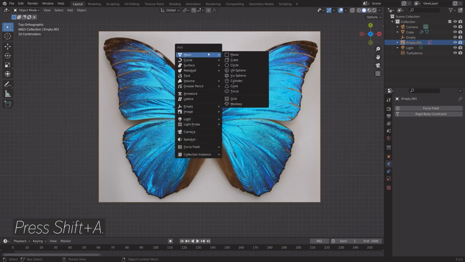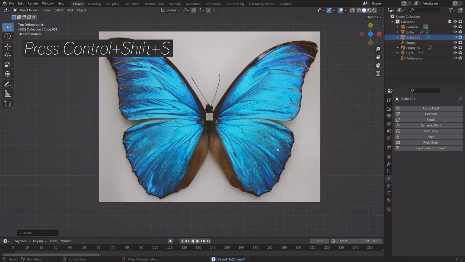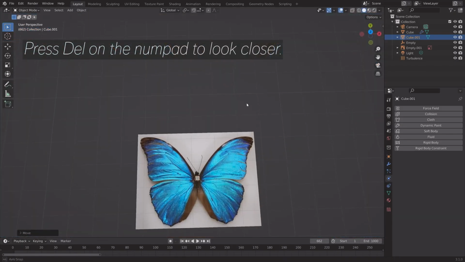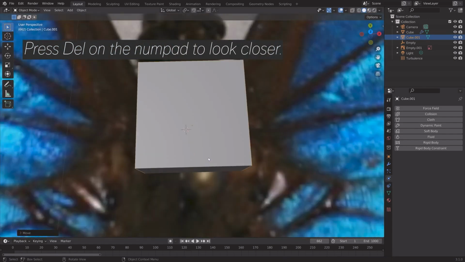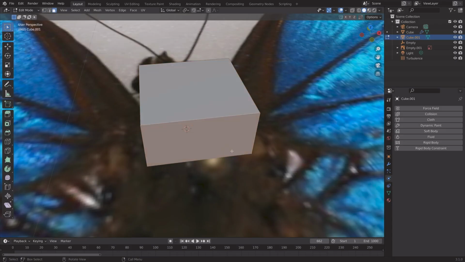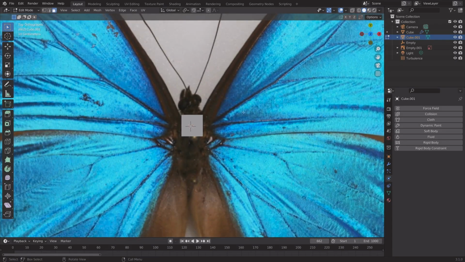Then press Shift A, and we're going to start off with a cube to model the body. Because we're not going to do any close-ups of the butterflies, we're going to add a very simple body as well as a very simple animation. So we can start off by looking a bit closer, so press Del on the numpad to set this object in focus. Then in face selection, we're going to press S to scale,